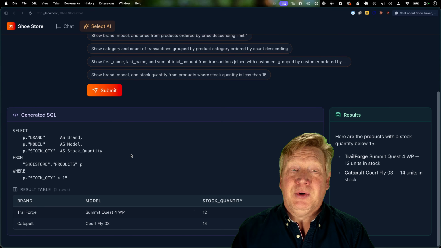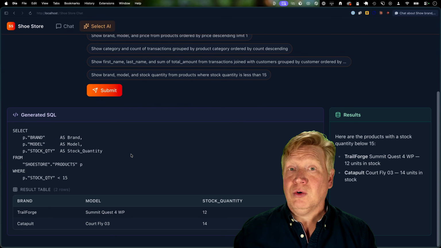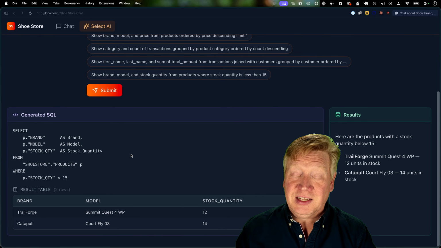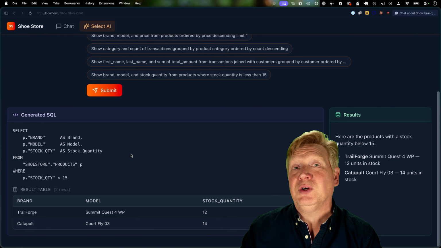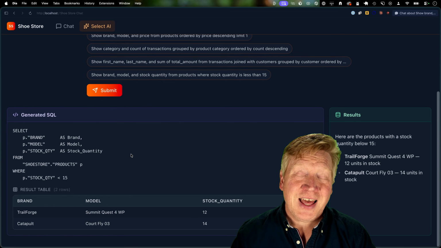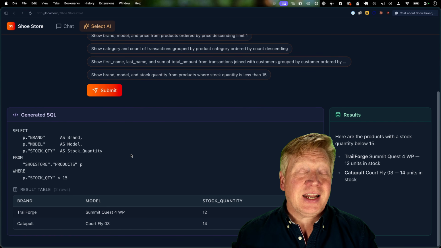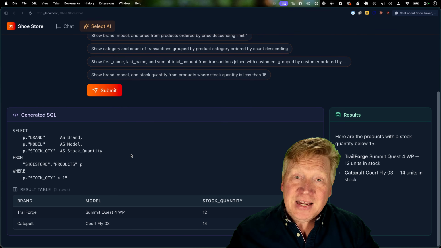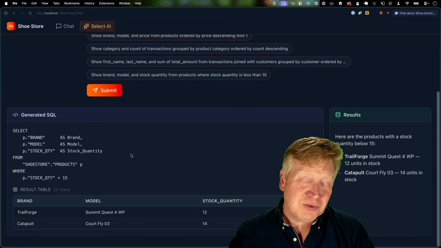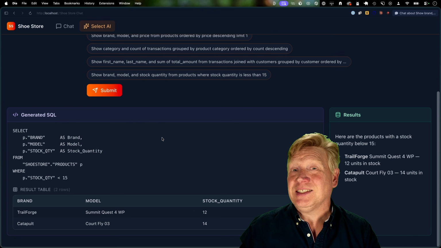Let's go for it. And what you can see is that the database has actually handled that question. It's generated SQL to get the data, and then it's actually turned that into narrated results that it can return. How cool is that? Well, this is the Oracle AI database, and it's got LLM functionality baked right into it. It's honestly really cool. Now, this is a TanStack Start application, and I'm on the TanStack team, so I'm going